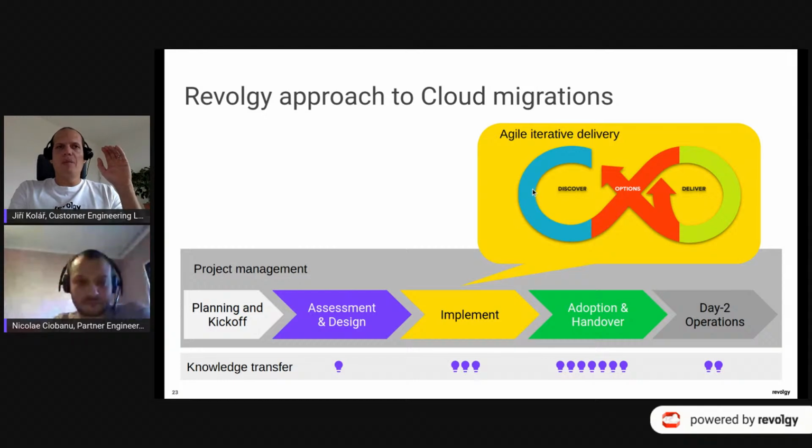to make sure that the migration of the workload is smooth and that you can continue using the workload when it's migrated into cloud, right? So this is usually done in this agile way. Very important part. Some people believe that, okay, we migrated the apps, everything is ready, we are done, right? But this is the very important part, which is the adoption and the handover. This is basically when you start running your workloads in cloud.